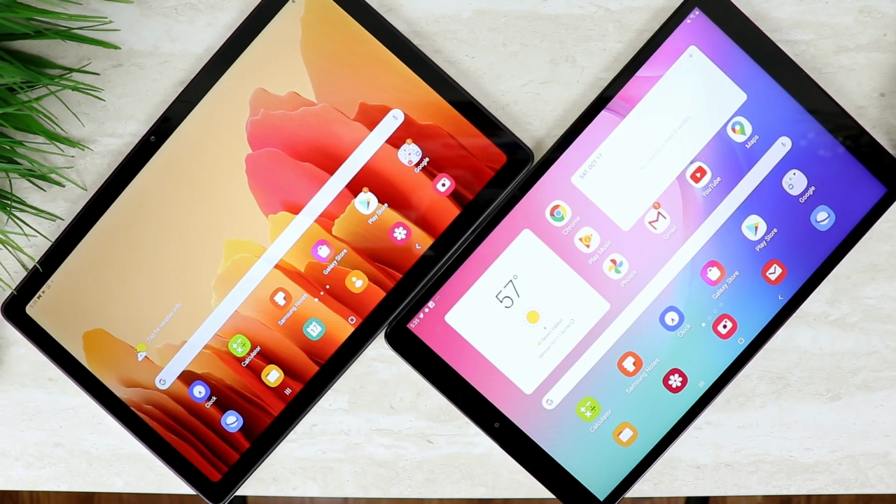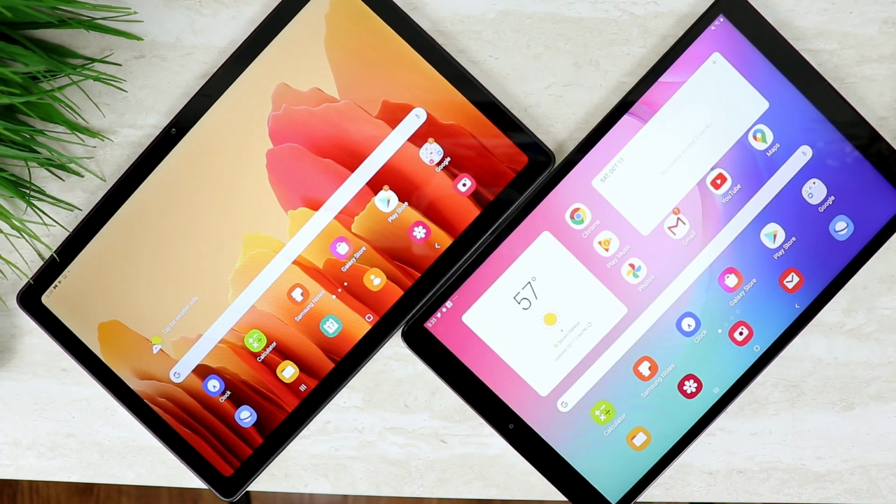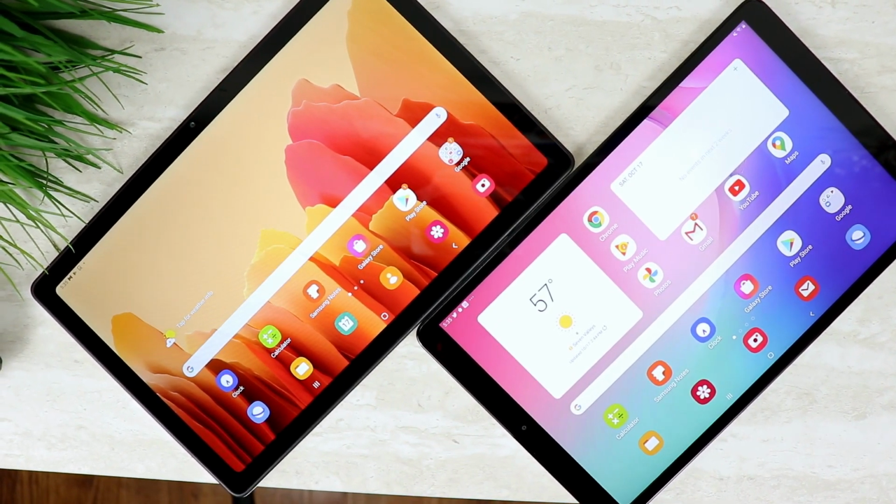Now, one thing I wanted to go ahead and talk about is the screen. Now, they said more power, more screen, more. So let's go ahead and start off with the more power, right? So the Galaxy Tab A7, which is what I've always advised you guys to go ahead and purchase because of value, right? Not because it's a better tablet, simply because of value, especially if you were able to get your hands on it during Black Friday when it dropped to like $150. I think even Target was still doing something for like $150 like last week or something. So if you are able to find it for $150, the Tab A7, that's a better deal in my humble